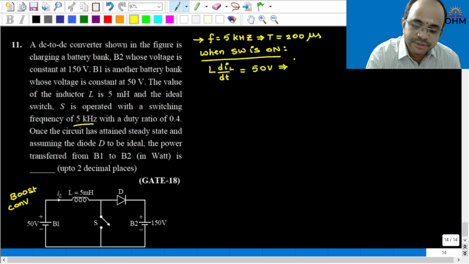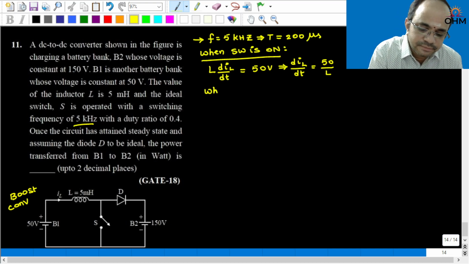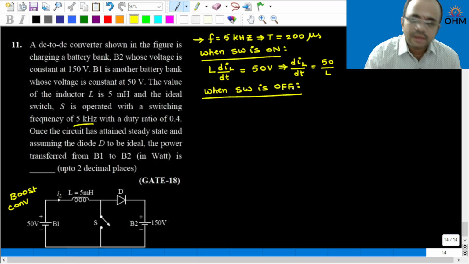In other words, when the switch is turned on, the slope of the inductor current will be 50 by L. Next, when the switch is off, in that case, L into dIL by dt is equal to minus